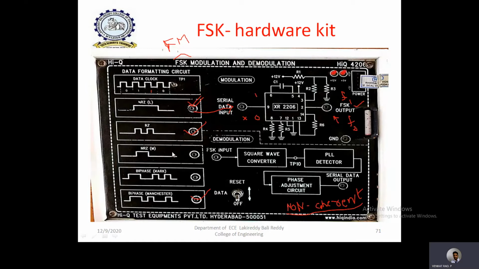As an experimental purpose, you should perform the FSK experiment by using at least two different line coding formats, and if time permits you can do all of them. As an example, I am taking this as the input to the modulator, and how to observe the input bit sequence from this pulse.